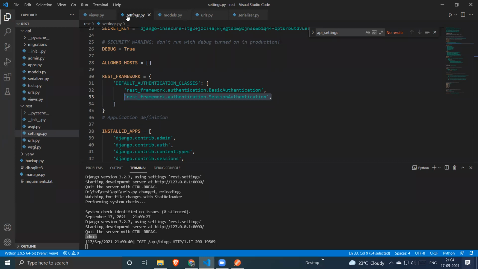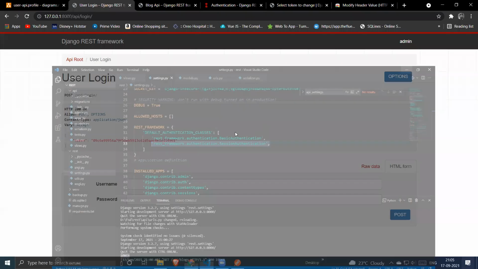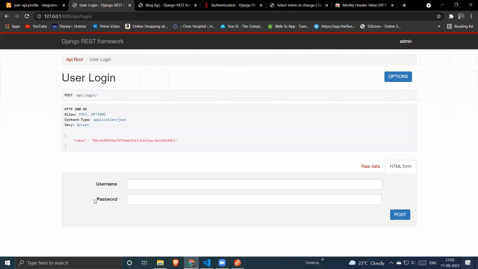You explained that both have a separate function. Yes, both have a separate function. Basic authentication simply means you are going to perform a basic authentication, which is the username and password. In Django, basic authentication simply means you are going to provide a username and password, which is Django's default authentication system, right? So that is termed basic authentication.